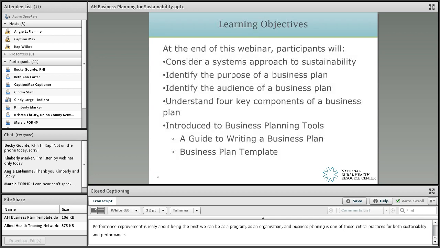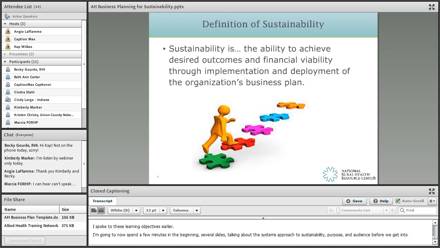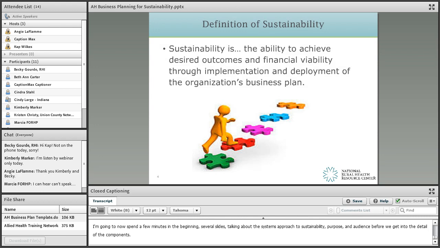As far as your guide following along, I'm going to start with a few slides where I'm really introducing the topic of how business planning is associated with sustainability or contributes to the sustainability of an organization. I pause on